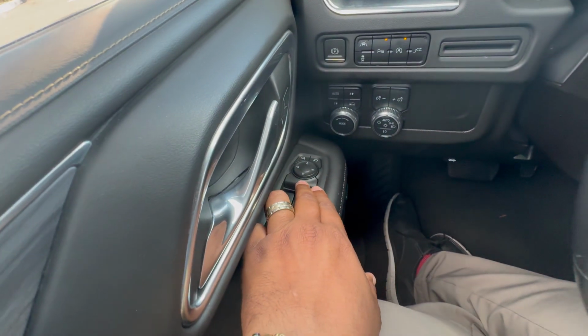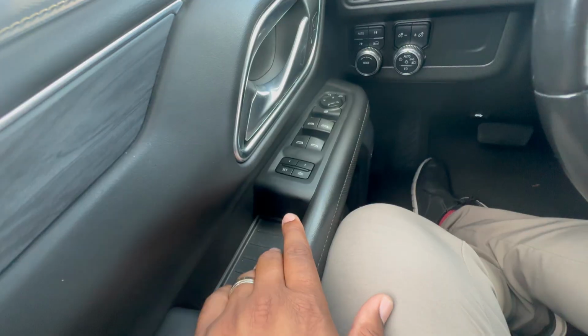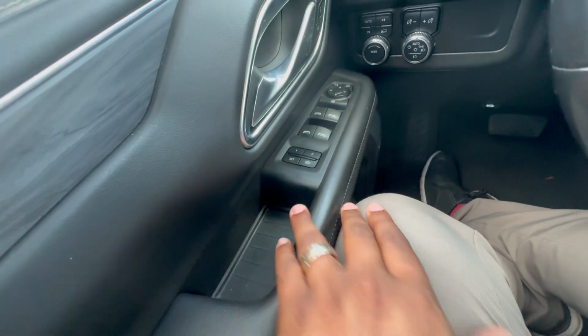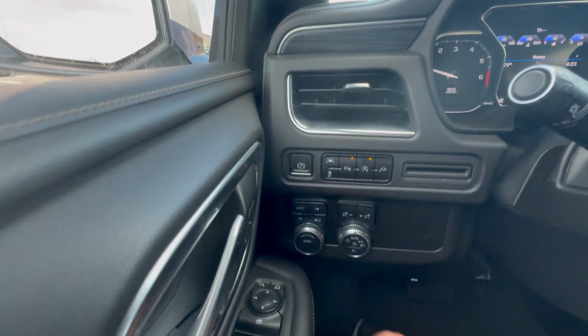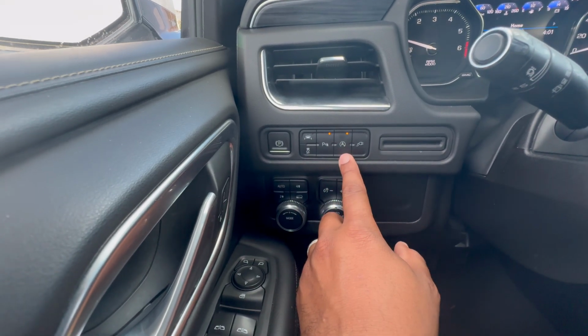You have your mirror controls up top. You can control left or right. Locking your windows, automatic windows in the front. You have memory for the driver. And then up here you have your electronic parking, lane keep assist, parking sensors, your auto off feature for